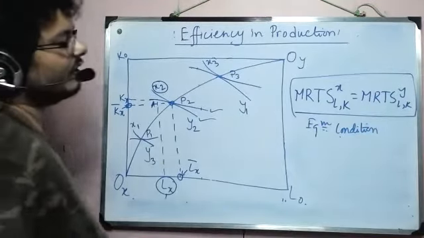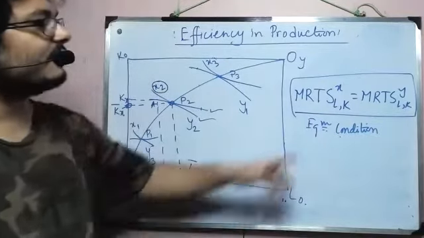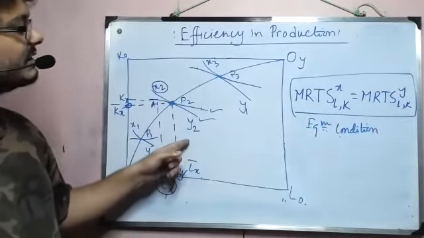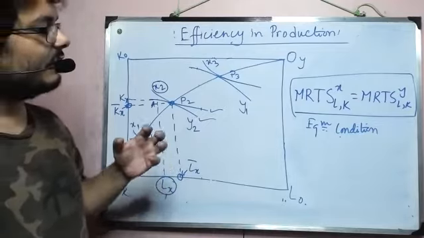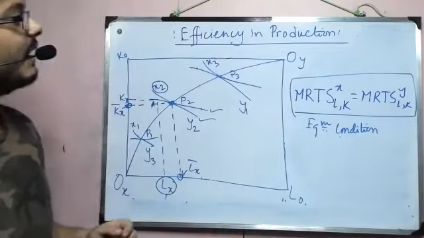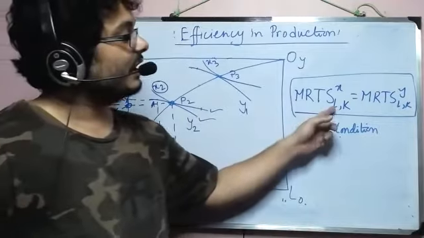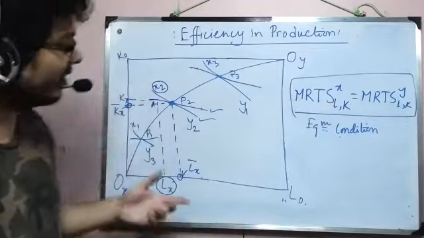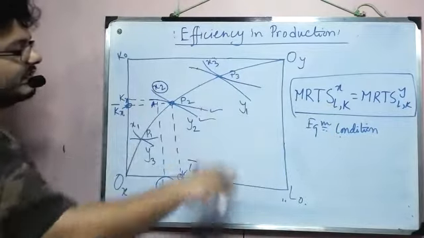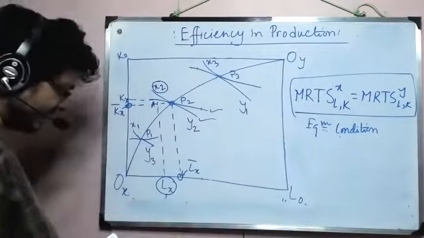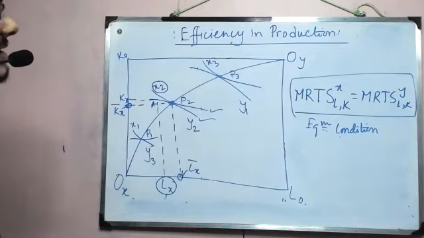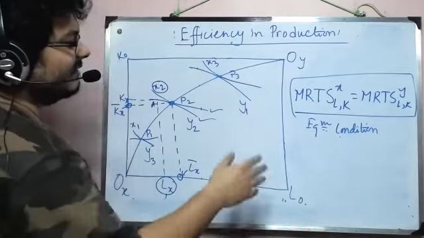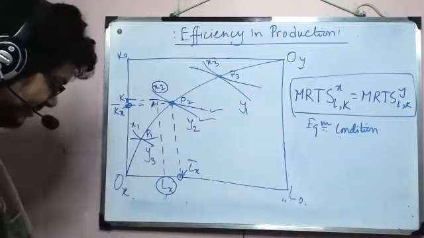So compared to two consumers, we don't have two farms here. We have the products, right? So this diagram is finding the optimal amount of products, as I said. And unlike products, here we have inputs, as I said, that the size of the box basically depends on the amounts of inputs available. Okay. So this basically says that the marginal rate of technical substitution will be the same. That's easy, right?